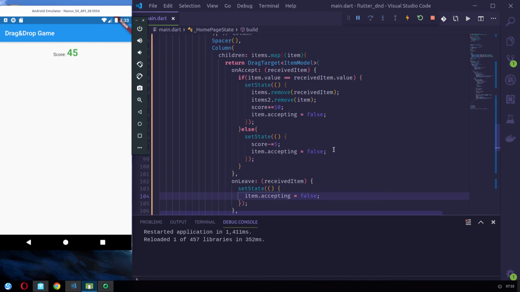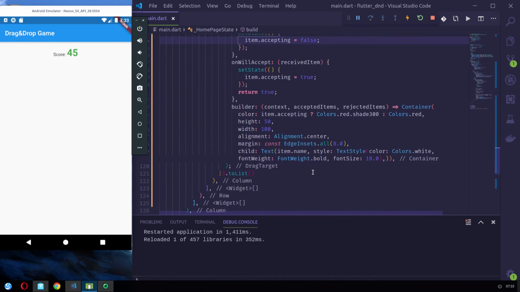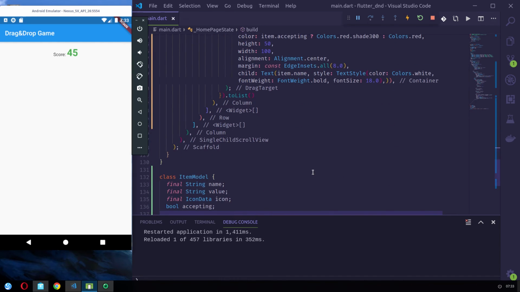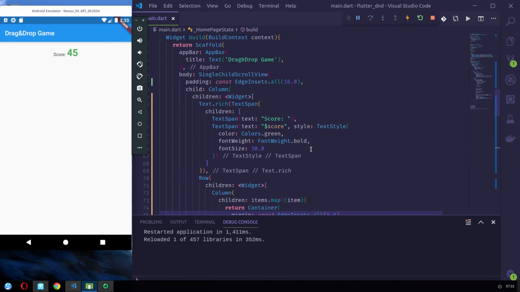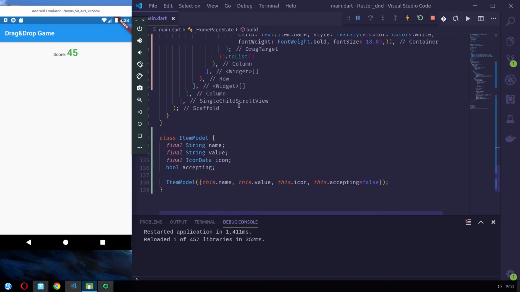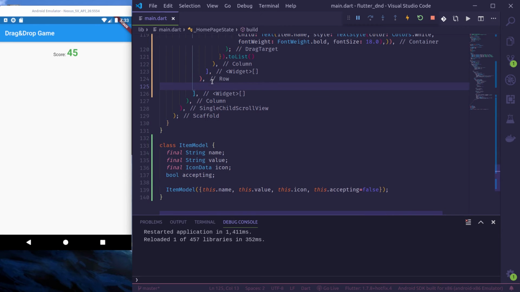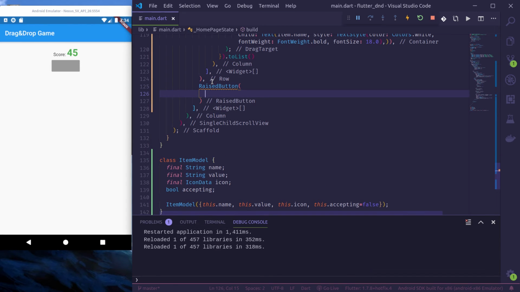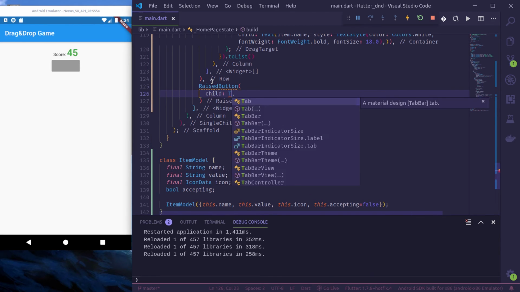We can drag and drop and we can see if it's matching or not matching, and we can decrease and increase the score accordingly. So finally we need two things: to give the feedback when the game is over and to allow users to create a new game. So let us place a button down here at the end, raised button, child text,